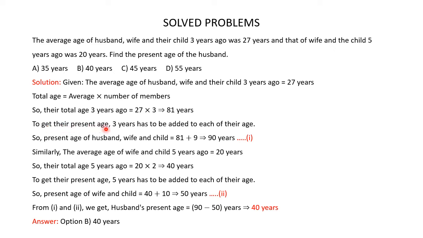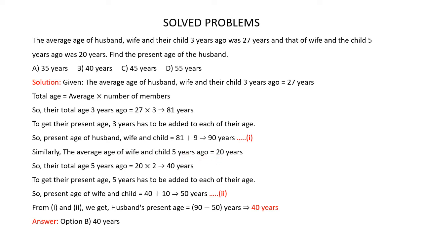Now to get their present age, 3 years has to be added to each of their age. Now since there are 3 members, it will be 3 multiplied by 3, which is 9. So the present age of the husband, wife and child is 81 plus 9, which is 90 years. This is equation 1. Similarly, it's given that the average age of wife and child 5 years ago was 20